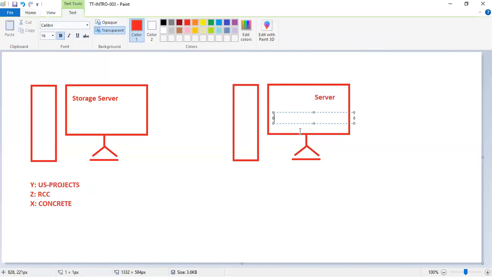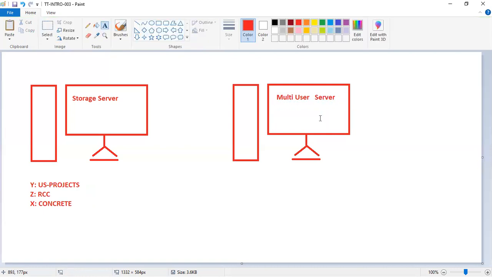We will call it a multi-user server. This multi-user server is basically a DOS-like application.